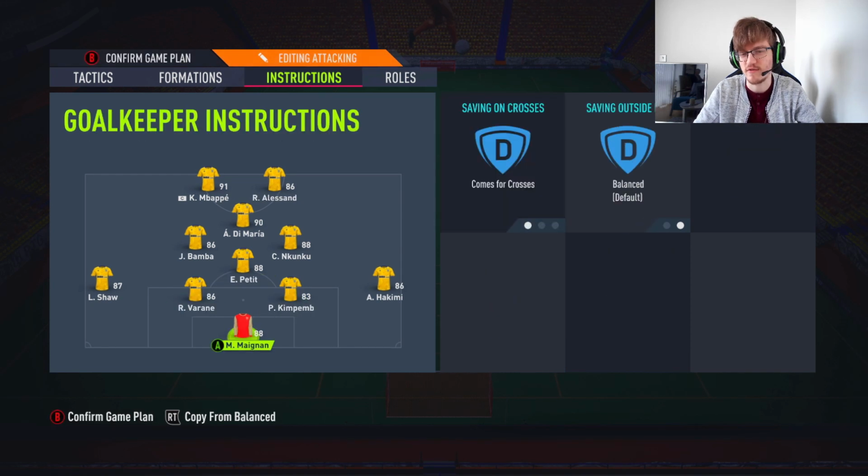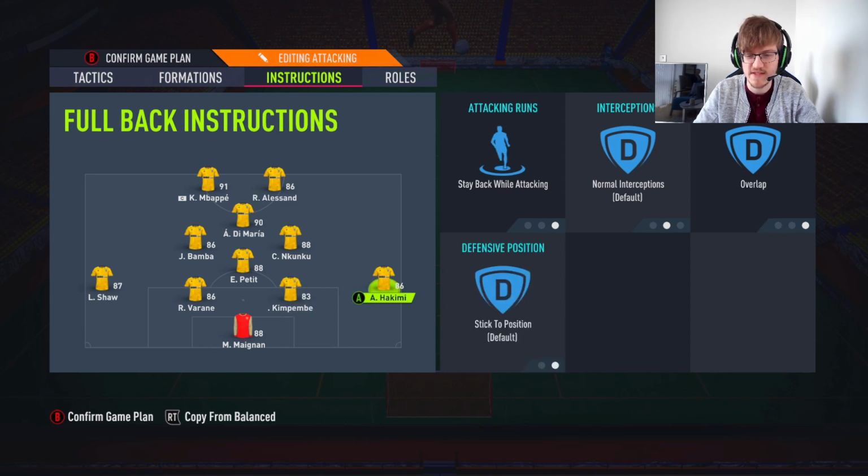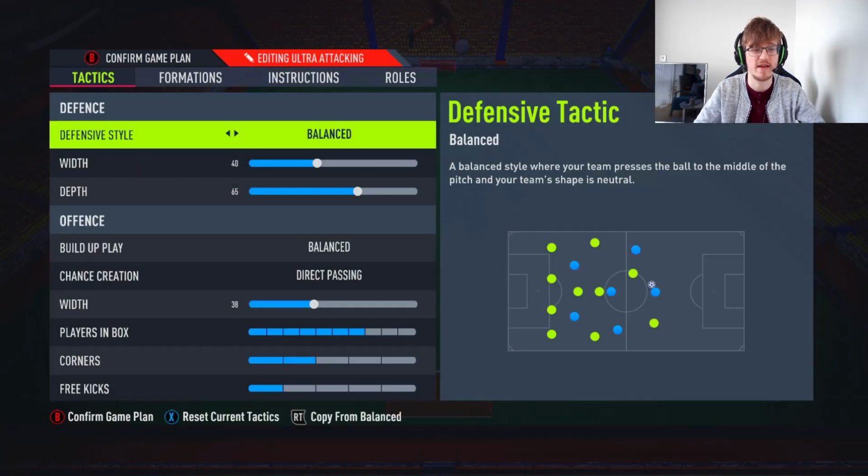Man, why is it not doing the crosses? I swear to God, I added this instruction, they still don't do it. Stay back overlap, so important. You need them on the overlap because there's absolutely no one on the overlap in this formation because it's so narrow. So get someone on the overlap and they will be able to help you out. But the passing is going to be so quick with this, your opponent's not even going to be able to deal with it. And obviously this links us into the last formation, which I think is the most attacking formation,